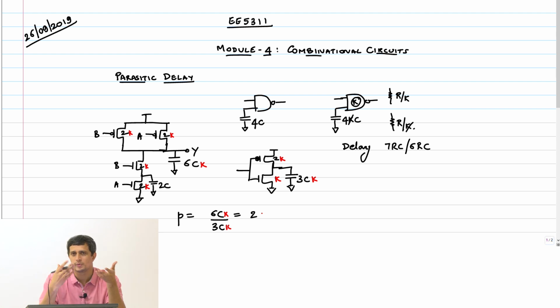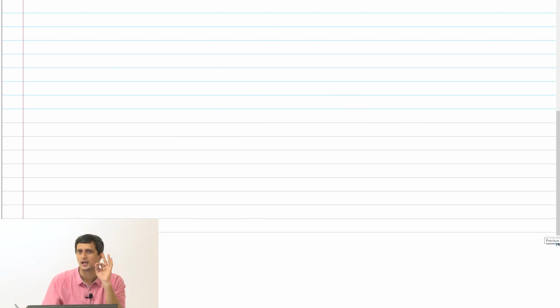For a NOR gate it will be a different thing again. The reference inverter and the inverter here might be the same, as long as I scale NAND and NOR by the same amount, it does not matter. Clear? This is just an approximation. We'll come back to this a little later, and we'll use more of this later.